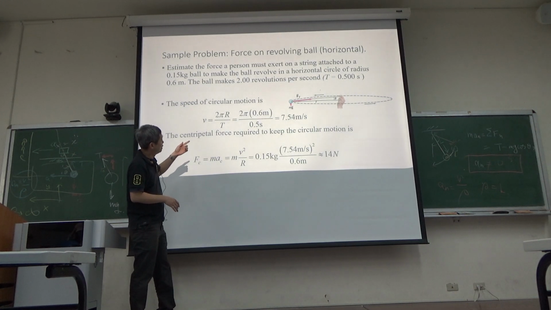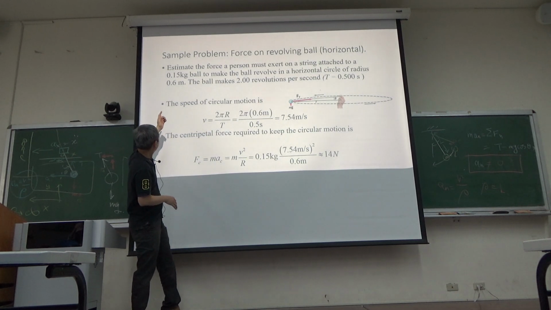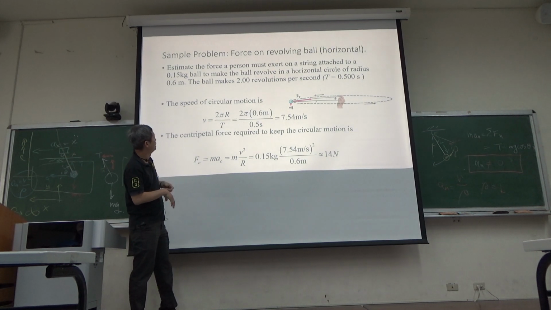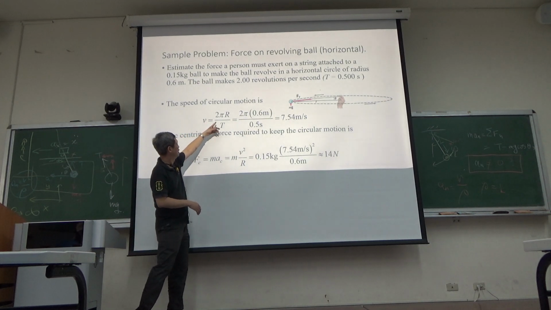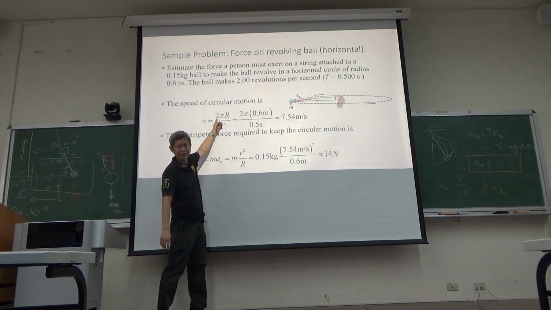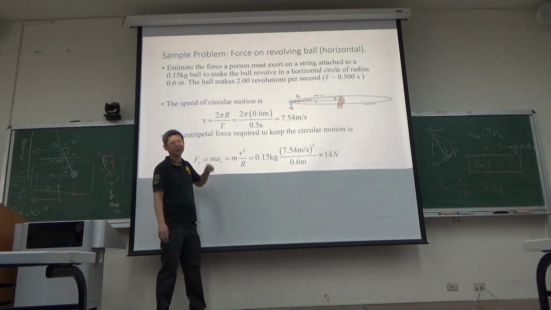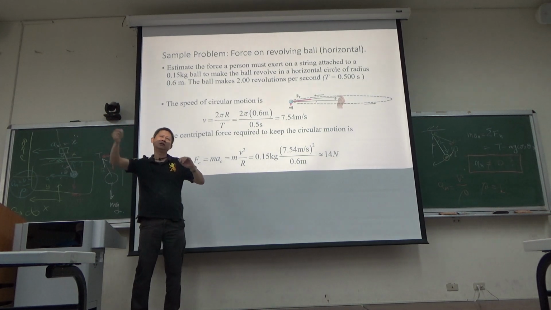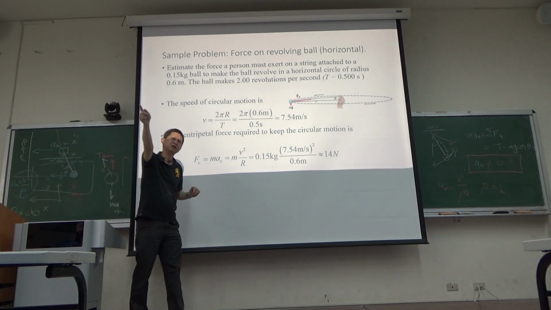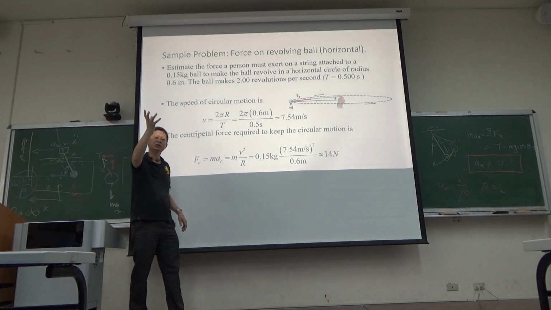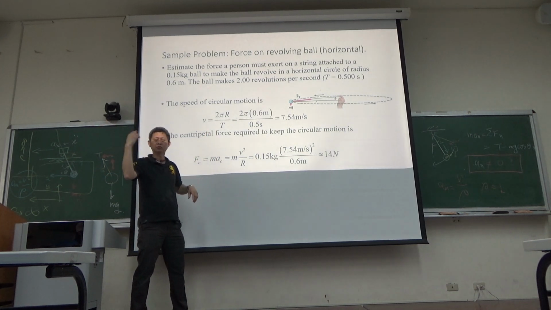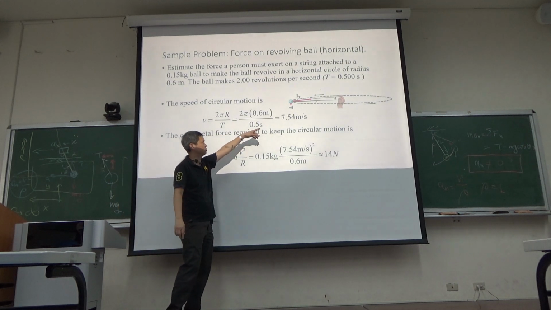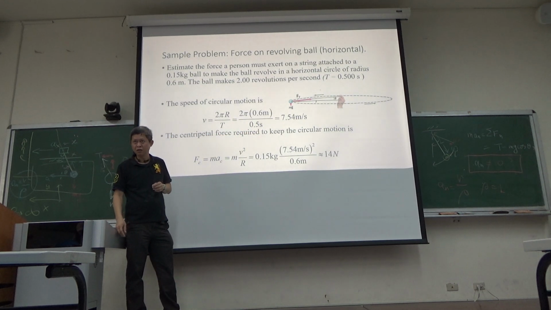And then next, for this hammer to go around a radius of 0.6 meter, how much is the speed? Okay, the speed is the perimeter of the circle divided by the period. 所以你在丢铅球转一圈的时候，请问铅球速度多少？OK，那基本上就是铅球走一圈，它的圆周除以走一圈所花的时间，所以你算一下就是7.54米每秒。OK，再下一个问题。